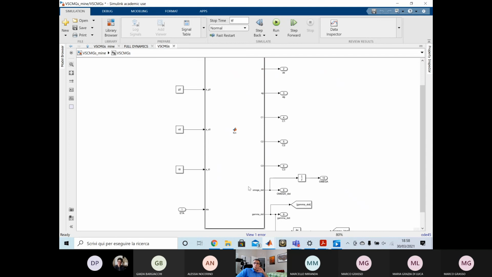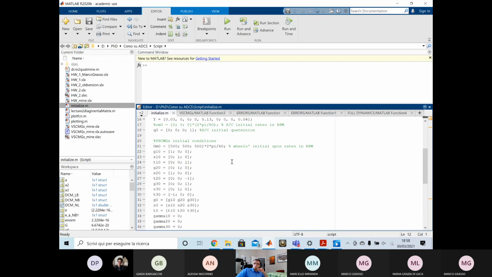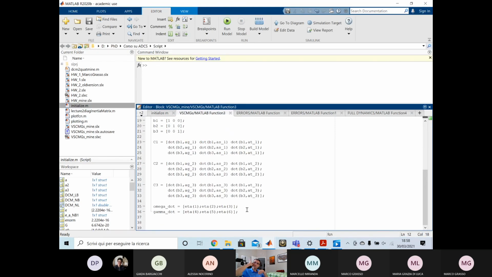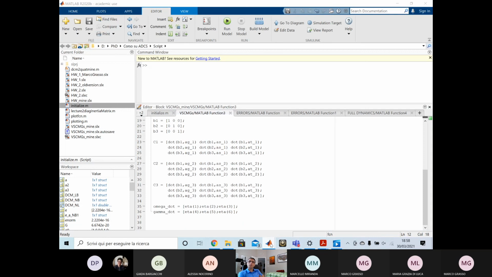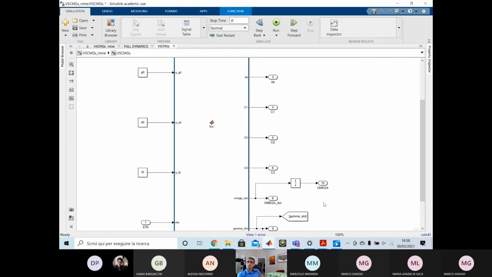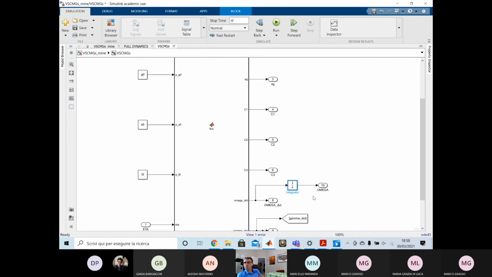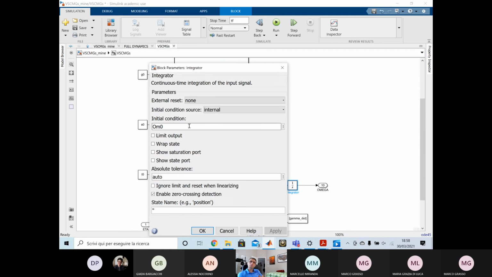Omega dot comes from here, which is the components of the eta. Yes. I wrongly defined the initial condition here with OM0. Now it is working, and OM0 is